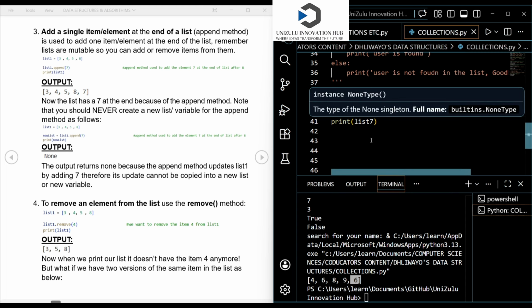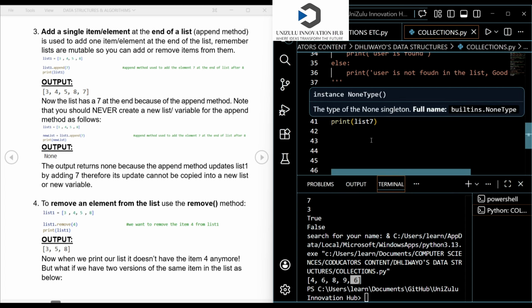Okay, so now let's do the other method. I think it's going to be the last method for this video, which is to remove an item. We're going to use the remove method. Let me make this a comment so that the program will ignore this while loop and will no longer be looking at it. Now let me do this other method. It is to remove an element from a list.